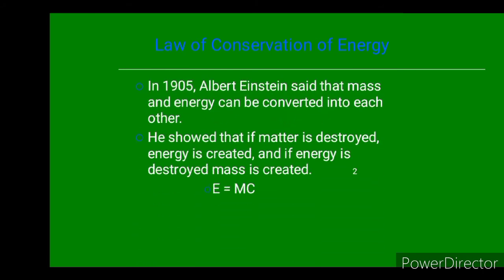The energy law was brought by a scientist called Albert Einstein. Okay? Albert Einstein is one of the greatest scientists that have ever lived. When he was young, his teacher said that he is not going to be anybody useful in life, but he improved himself and became one of the greatest scientists that has lived. He was the one that was able to tell us that energy actually cannot be destroyed. That if we destroy energy, it will give us mass, and if we destroy mass, it will give us energy. That means energy cannot be destroyed, it can only be transferred or changed from one form to another.